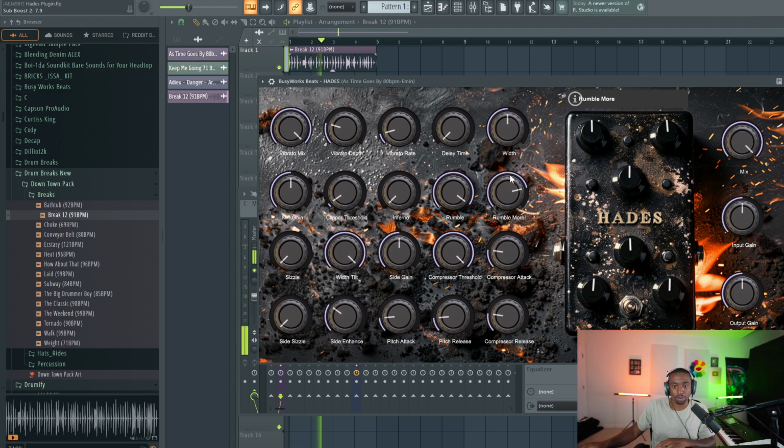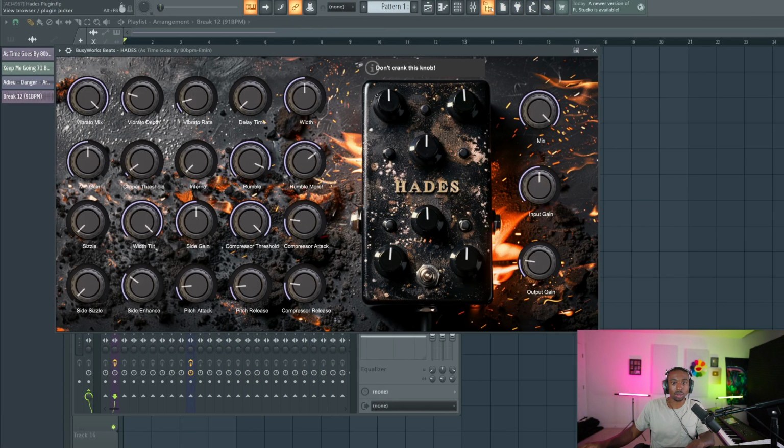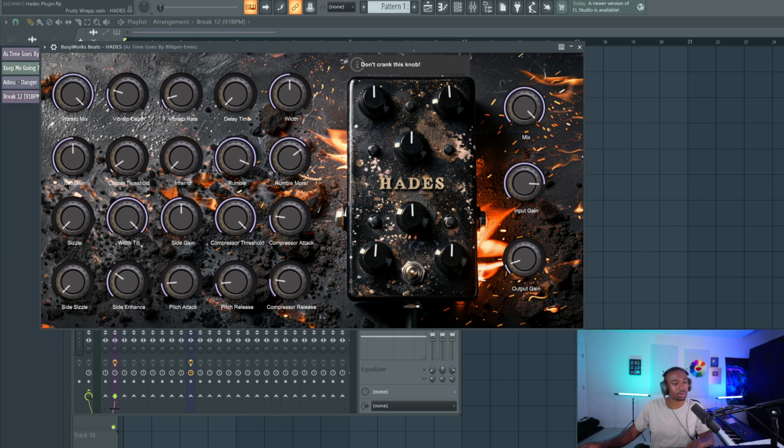Let's add some more rumble here. If you're crazy, what you could do is pull up the input gain on this plugin, and it creates a guitar pedal effect. Usually I only use this for melodies, but you guys can mess with it for your drums. Also keep in mind that it does affect the clipper threshold. But for this sound, it's adding a DJ scratch type sound. We're going to pull up the attack.